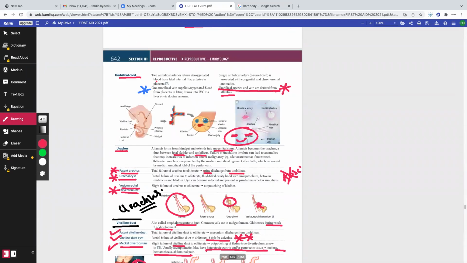This one. Okay. Do we have the umbilical arteries and the umbilical vein suspended in the Wharton's jelly? Yes or no? The answer is yes. If the umbilical arteries and the vein were not suspended in the Wharton's jelly, could they be roaming around freely in the placenta? Yes or no? The answer is yes. So that's exactly what happens, right?